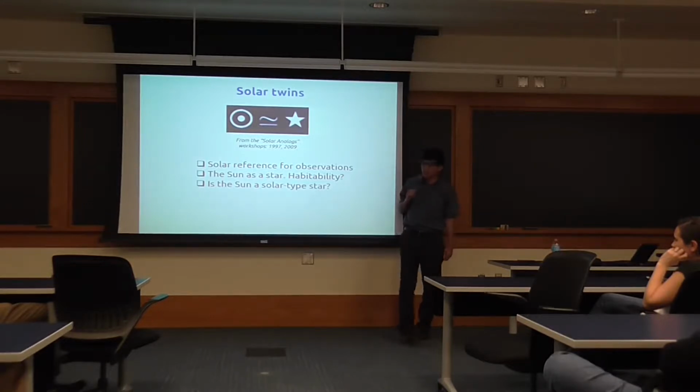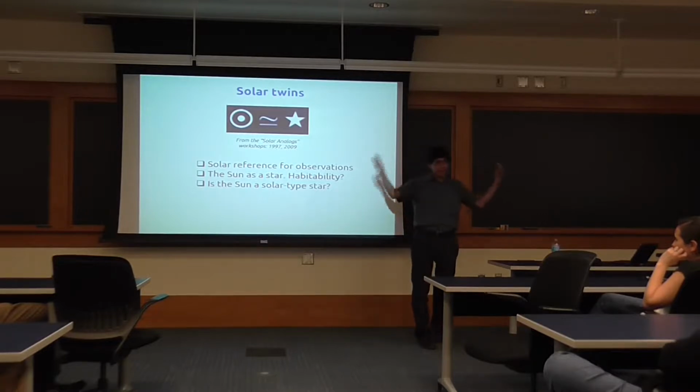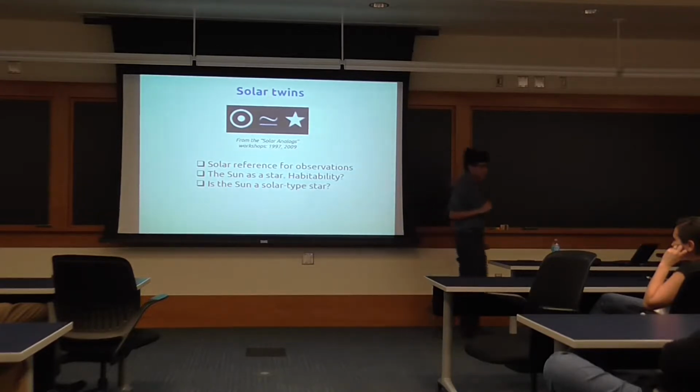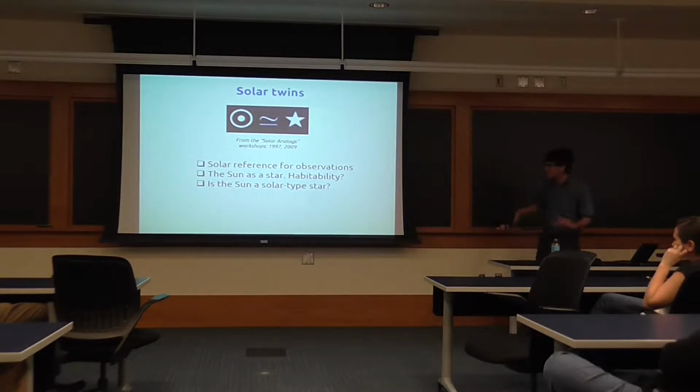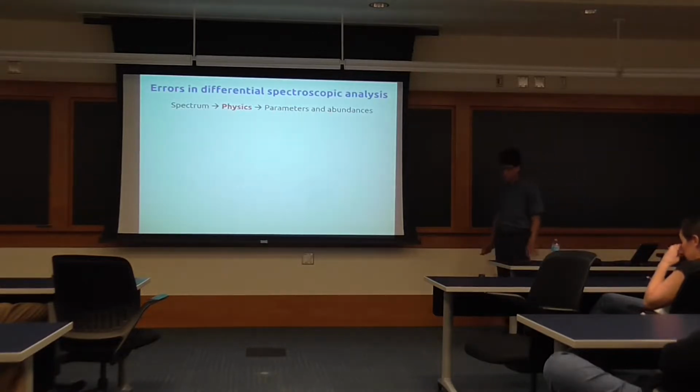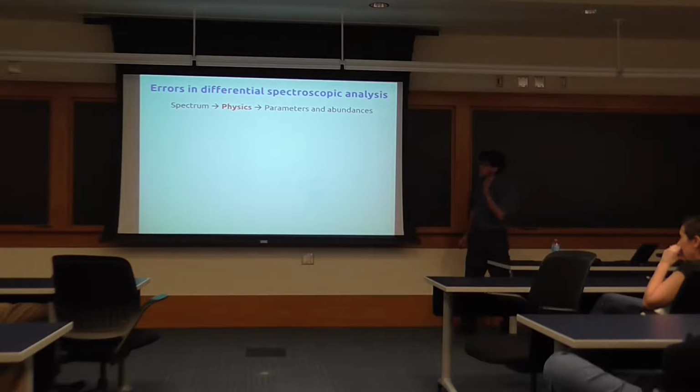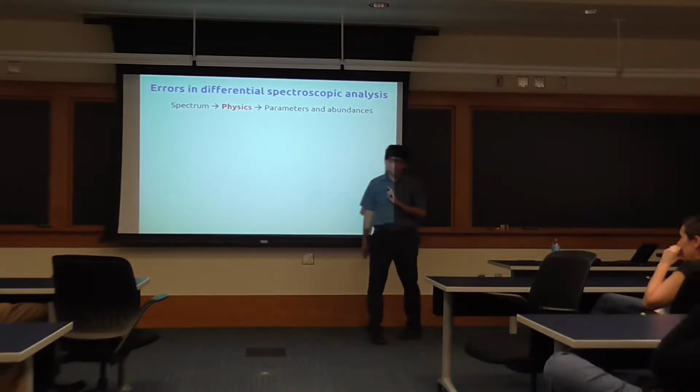There's the question of how the sun fares in the overall scheme of stars, populations, and habitability. And also, a kind of silly question, but is the sun a solar-type star? Is it normal in the context of G-type stars in general in the solar neighborhood? So there are a number of reasons why we would be interested in studying these types of stars. The reason we are particularly interested in them is because they allow us to get extremely precise chemical abundances and also stellar parameters. But in order for us to understand that, let me tell you about